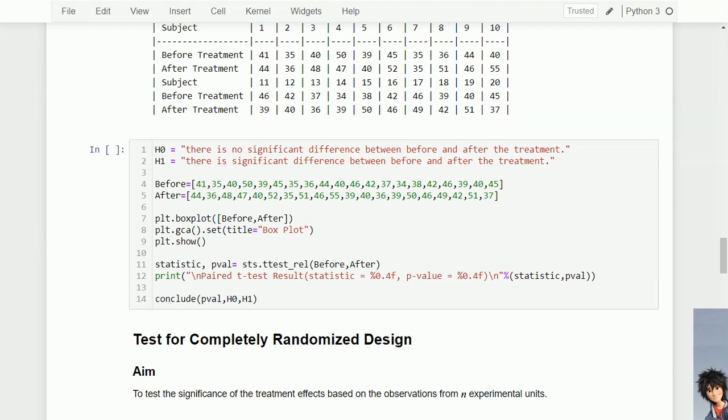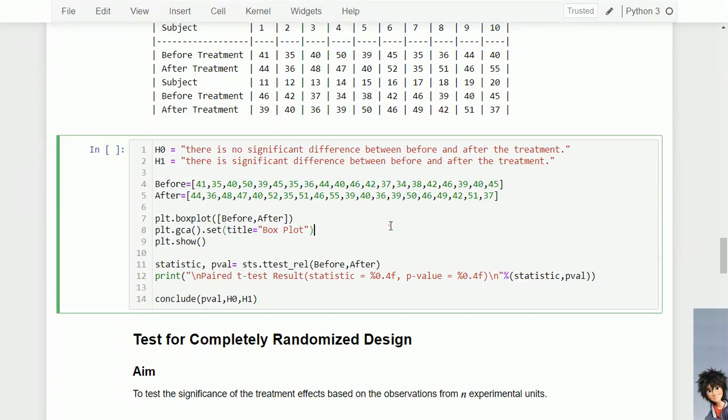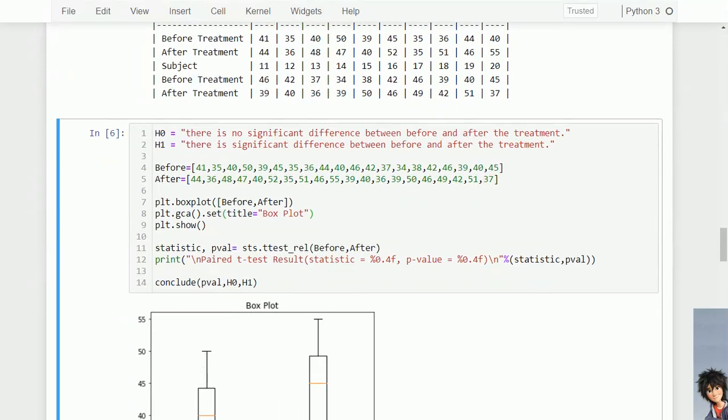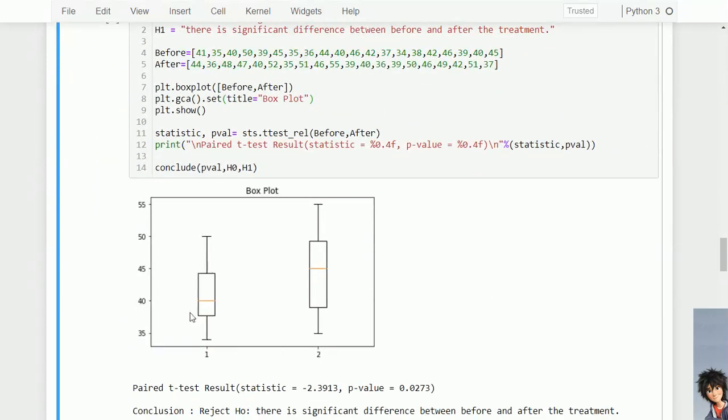Just enter the before data and after data in lists. Let's make a box plot first and observe what the data is actually showing us. From the box plot we can observe that in the before data the average is around 40, and in the after data the average is around 45.